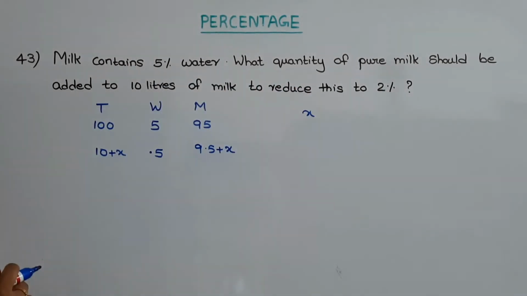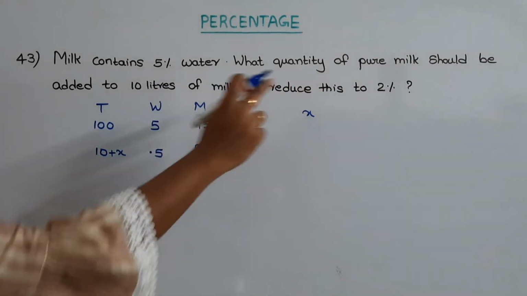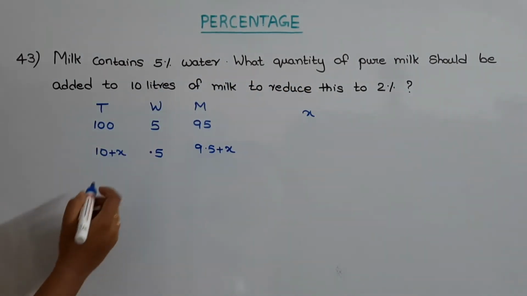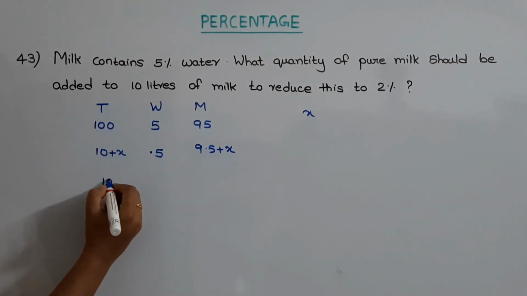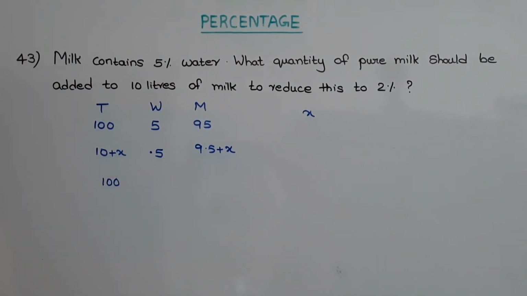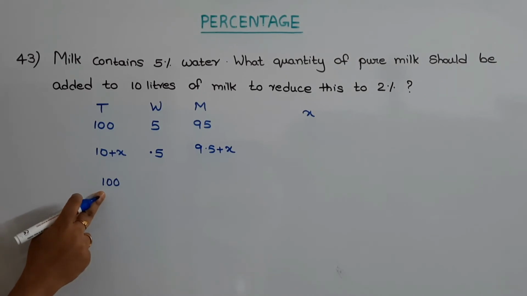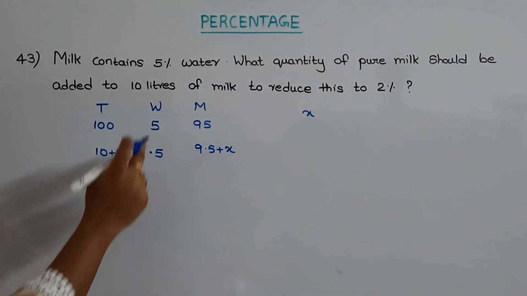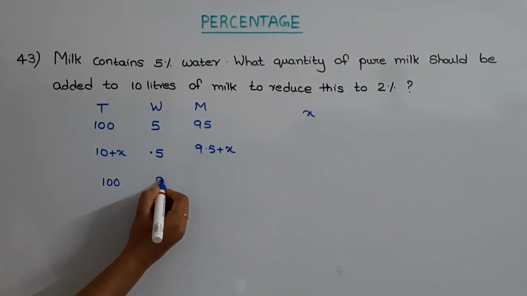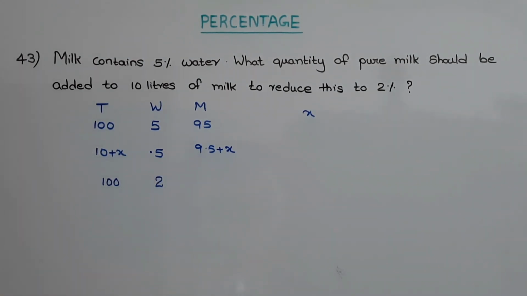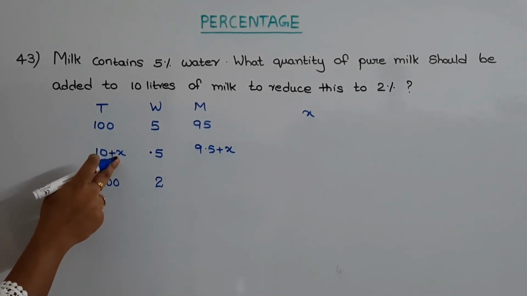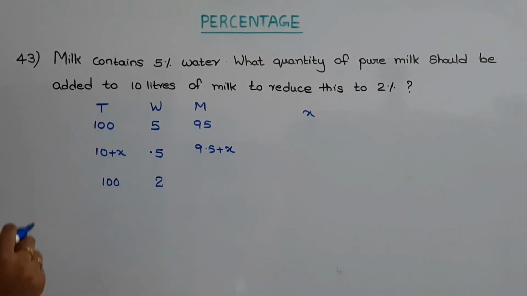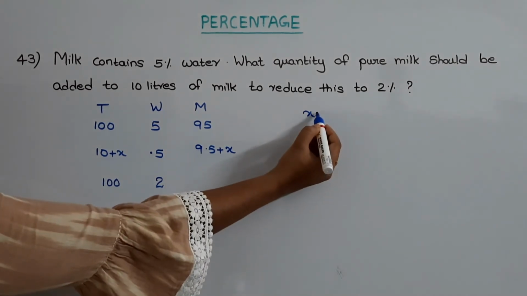becomes 2. Since it is in terms of percentage, let us consider the total quantity as 100. When the total quantity is 100, the percentage of water is given as 2, so we can take the quantity of water as 2. We need to find out the quantity of pure milk that is added to the mixture. That is, we need to find out the value of this